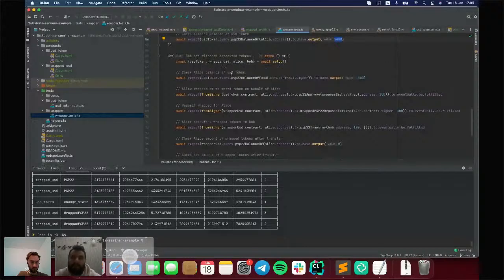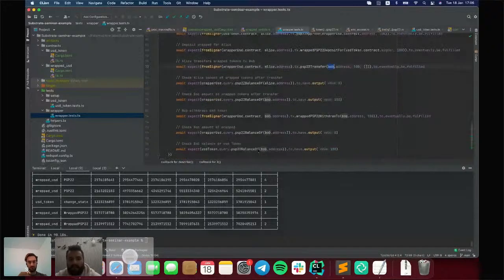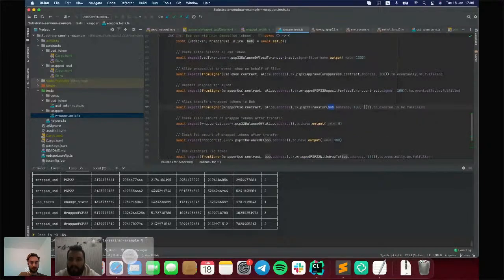Initially, Alice deposited 100 tokens to wrapped USD, after that she transferred wrapped tokens to Bob, and after Bob withdrew the tokens back, and he got 100 USD tokens, but initially he had only 100 wrapped USD tokens. So let's check it in more detail. We did the initial 3 steps, and now Alice got her 100 tokens. After, Alice transferred her wrapped tokens to Bob. She transferred 100 tokens.